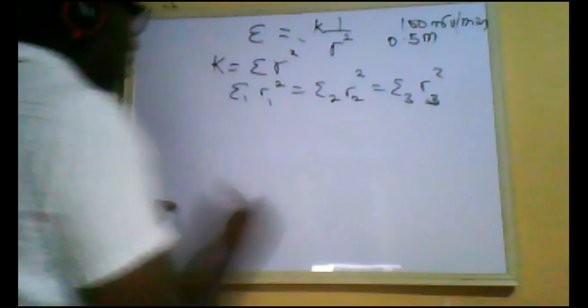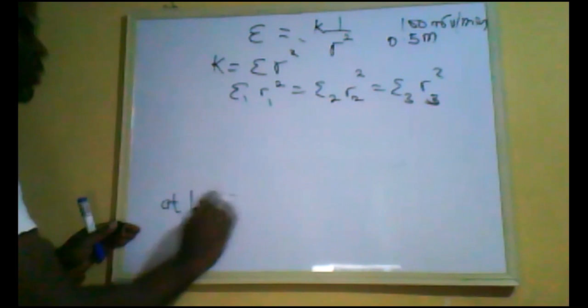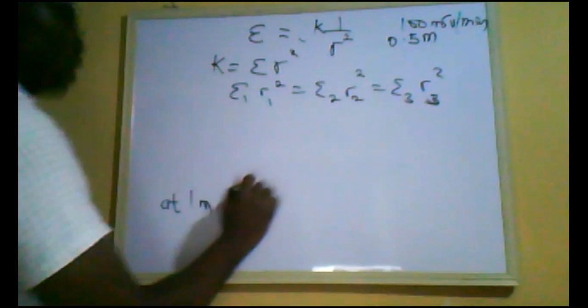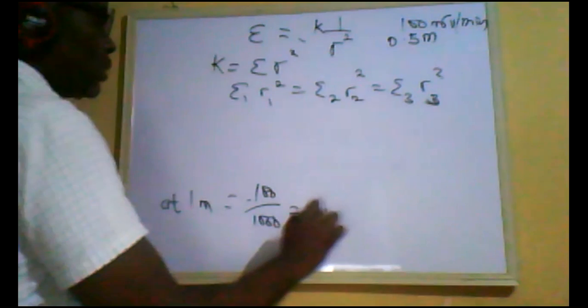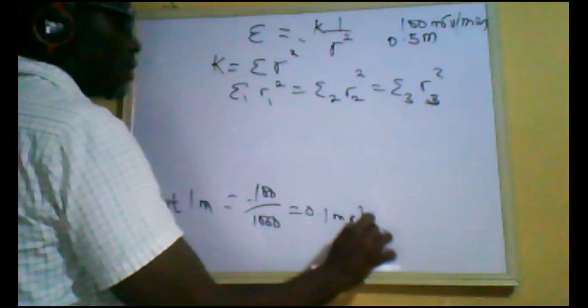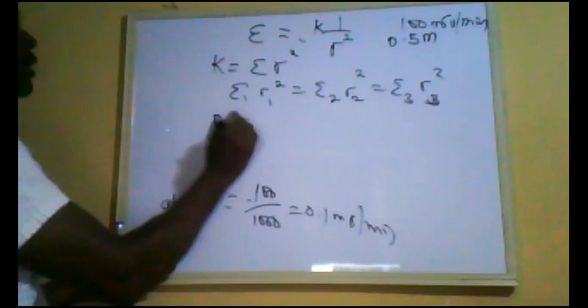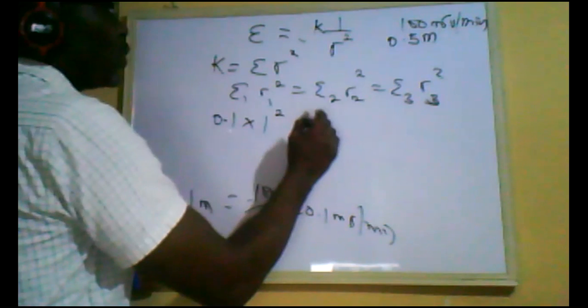So at 1 meter distance from the center of the patient, we are going to have 1,000 of this. 100 over 1,000 is 0.1 millisievert per minute. So this is 0.1 multiplied by 1 squared, which equals what we are looking for,